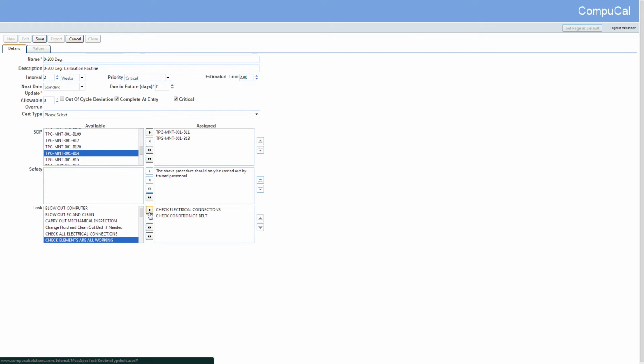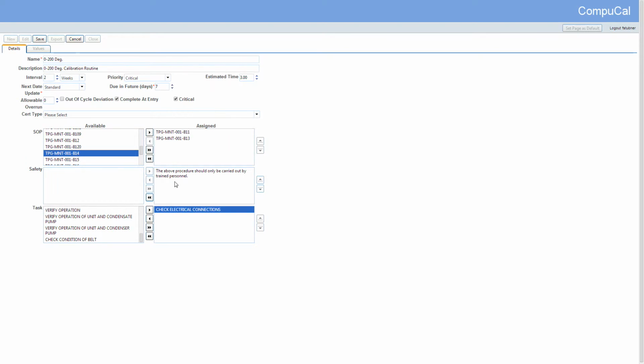The order that the tasks appear in can be set using the up or down buttons, or by clicking and dragging the task to another location. If an SOP is linked to the document or a URL, then it can be viewed from the work screen. This can be done at the issue, enter, and verify stages of the work order, and also from the historical records of the work history screen.